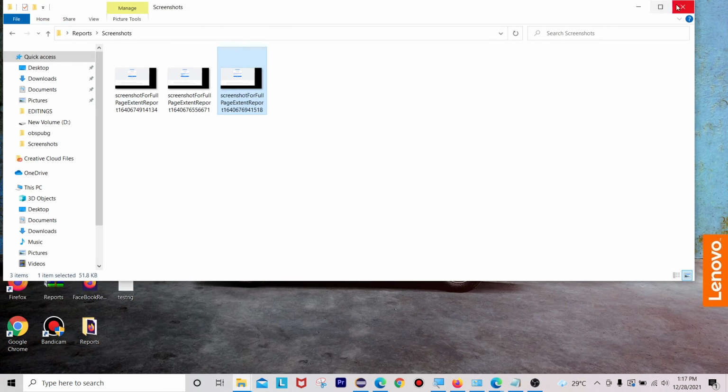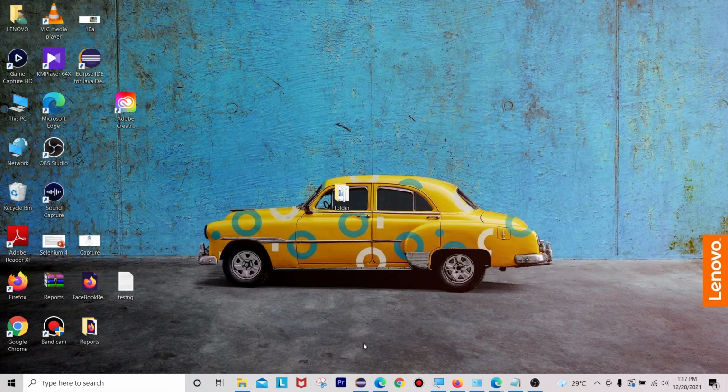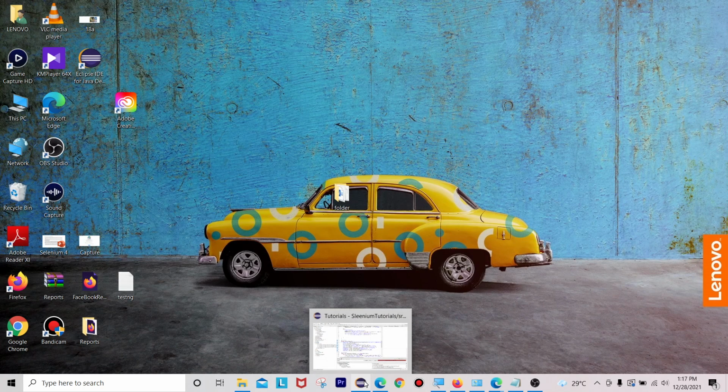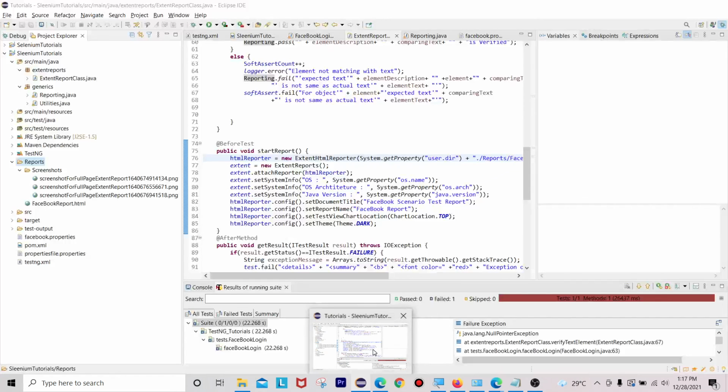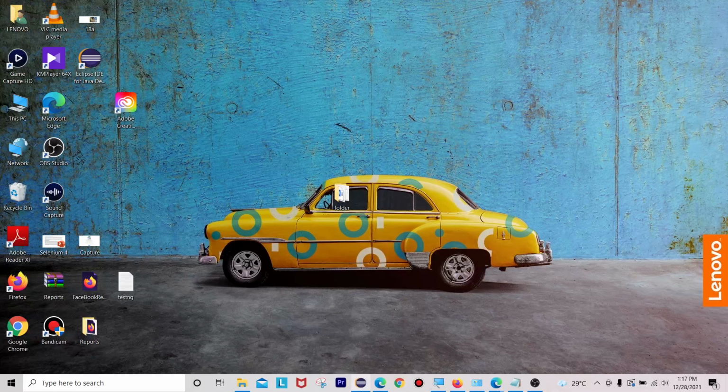This is how we have to follow if you are sending your daily status emails via extent report along with the attached screenshots for that report, so that people can also access it easily. They don't get the file not found exception that we got just now, and the file will not be edited or deleted.